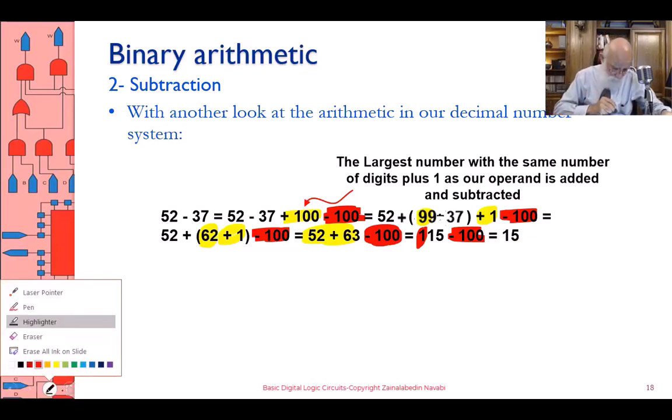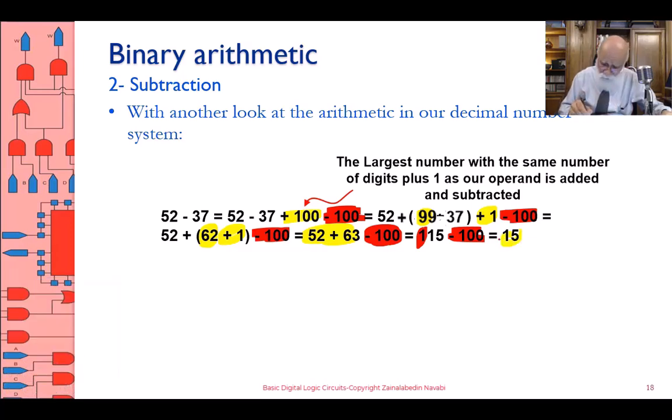Okay? So there's one interpretation. This is the result. There is one interpretation, and that is if I am adding 52 to 63 and I'm getting the result of 52 minus 37,